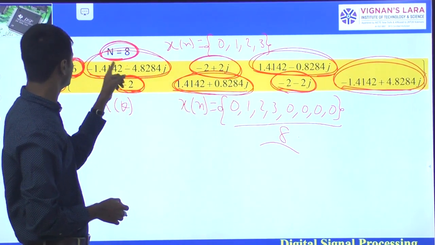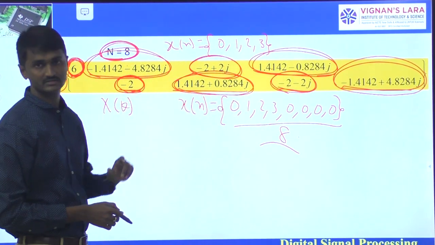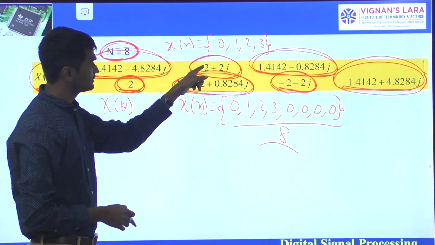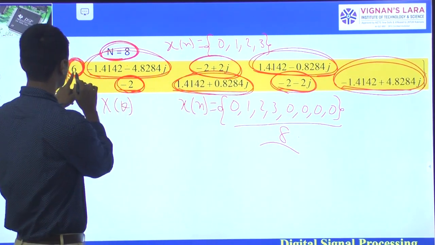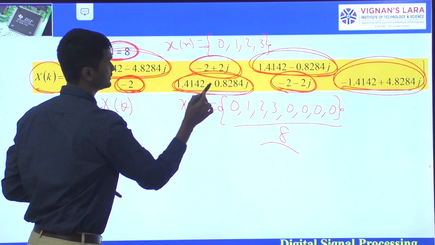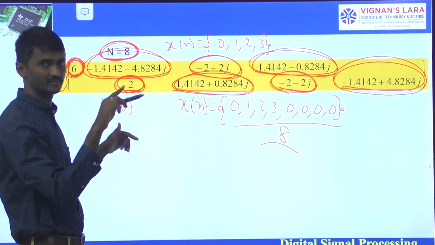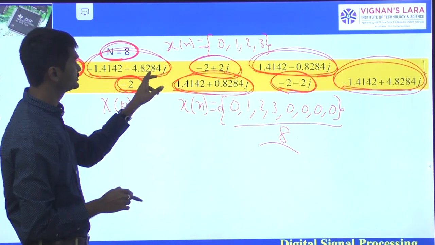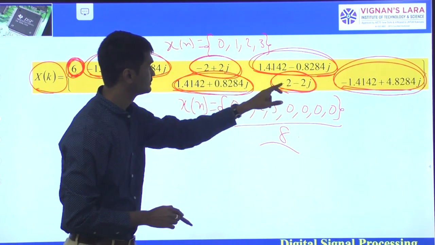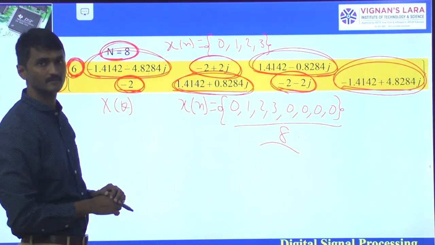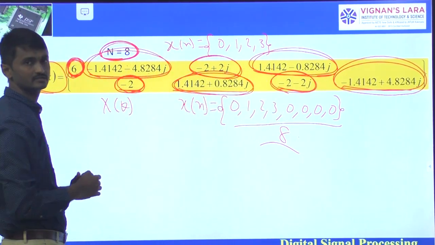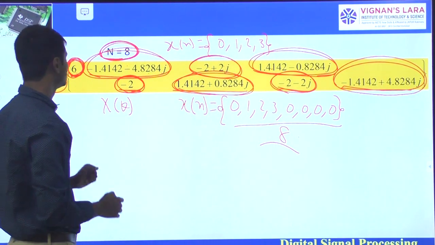First sample, 0th sample, first sample, 7th sample. Second, third one. There it is 0th, first, second, third, fourth, fifth, sixth, 7th. There are 8 samples. So conjugate this one, as well as this one, these two. This is the sum of all the samples.